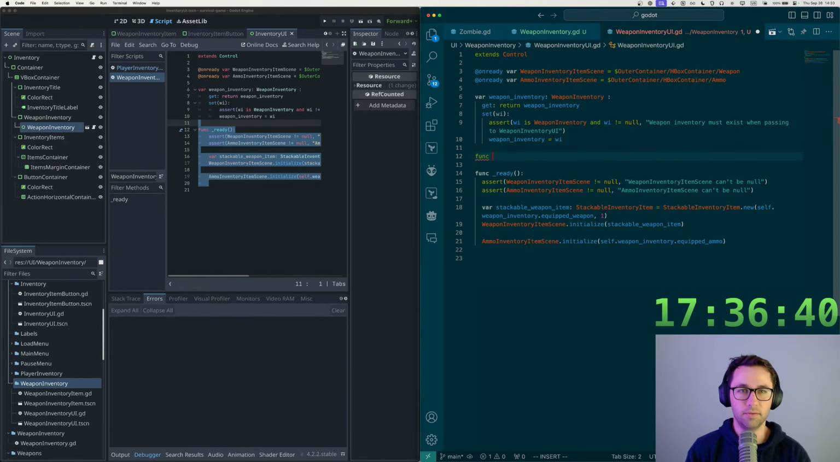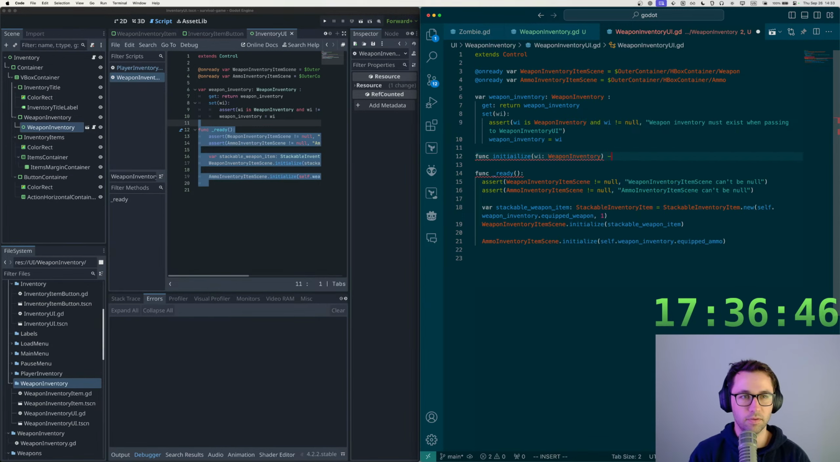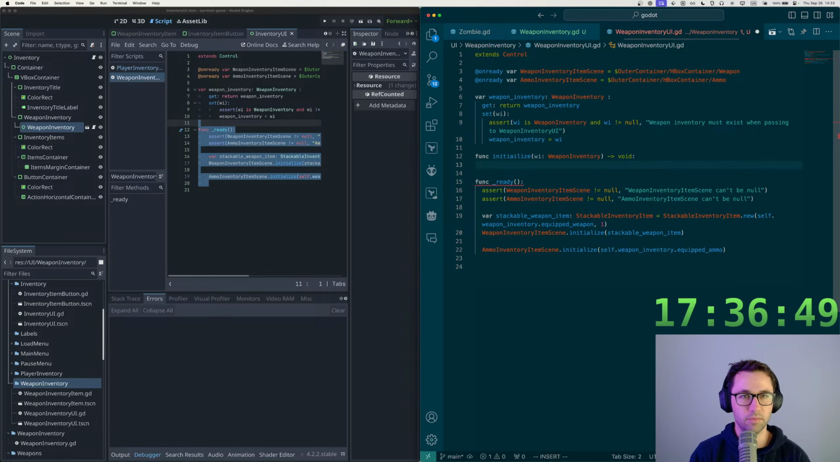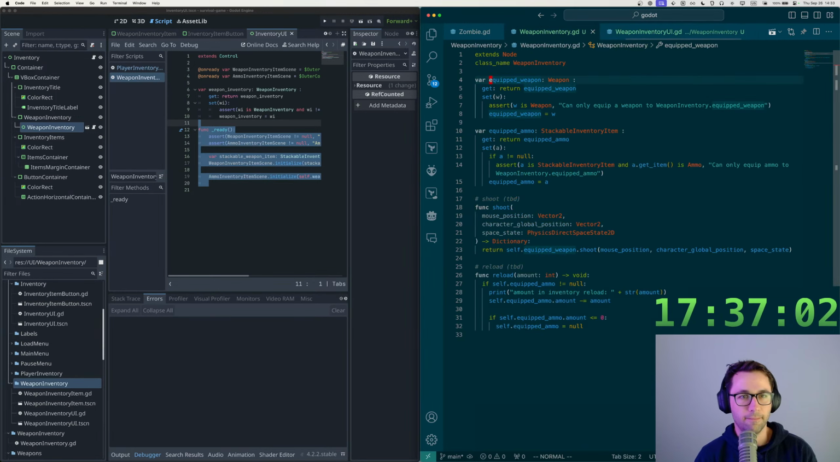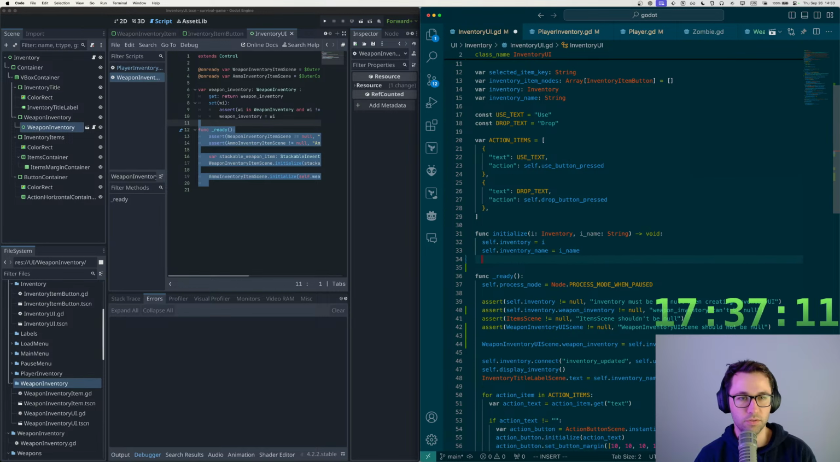So in initialize, we'll pass in a weapon inventory, returns void, and we'll say self.weapon_inventory equals weapon_inventory. And then we'll do this when it's ready. So when we're initializing the inventory UI here, we'll also want to set